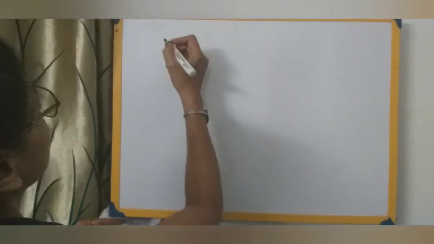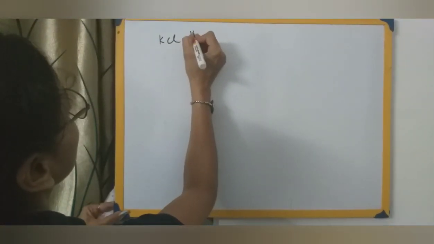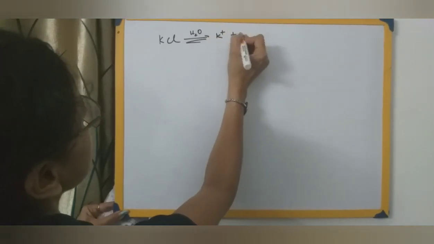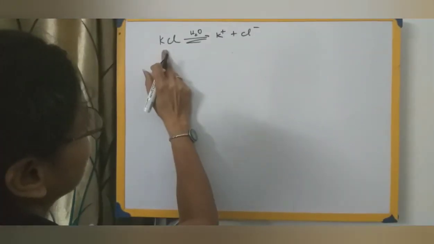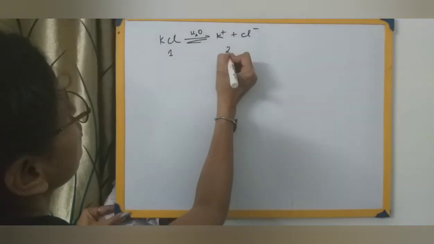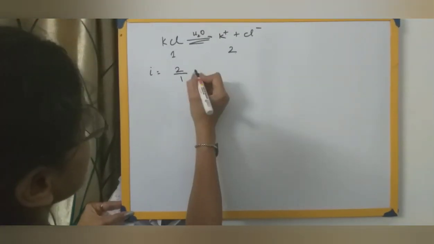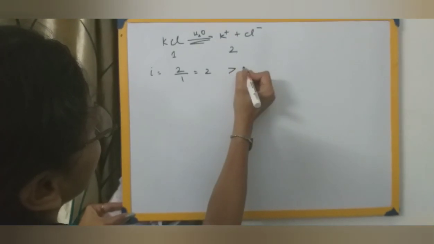Now let us have some particular examples of the solute particles undergoing association or dissociation. Let's see what happens to them. So here let us see potassium chloride. Potassium chloride, if you are putting into water, it will dissociate, forming K plus and Cl minus. That means you are putting one particle and it is forming 2 over here. So initially it was 1 and it is forming 2. So obviously the Van't Hoff factor, that is i, will be observed upon the normal value, so 2 by 1. So this 2 by 1 is equal to 2. So this 2 is greater than 1.